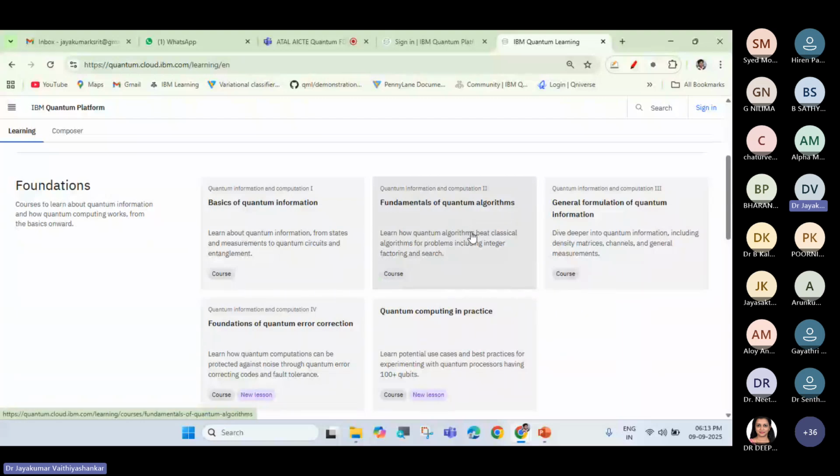So how we are writing algorithm in classical, you can write algorithm using quantum, right? Then you can go for general formulation of quantum information. Once you completed all this stuff, you can go for quantum error correction. Once you completed, you can go for quantum computing in practice. Okay. So for an example, if you click first course,